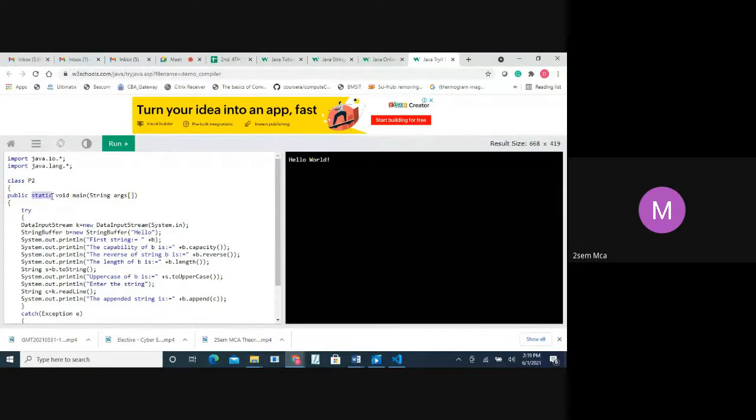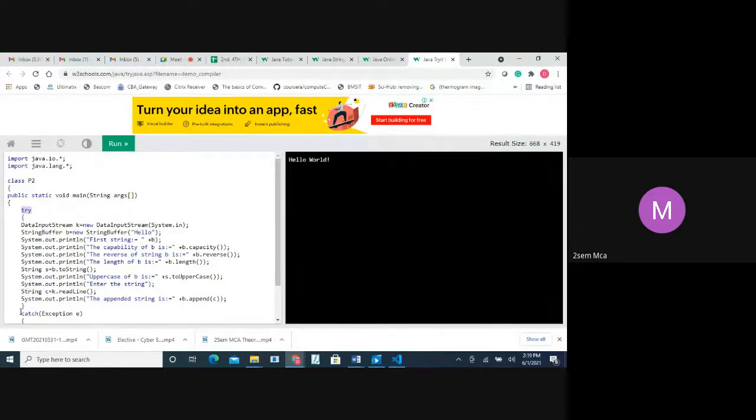Only one memory location will be allocated for the main method. Then what is void? It is not returning anything. Then what is String? String is a data type. Arguments that I want to pass at the command line, that's what the String is here. So then try catch.